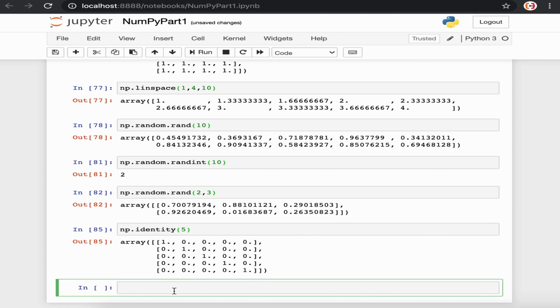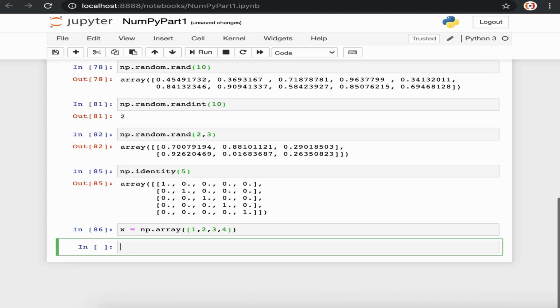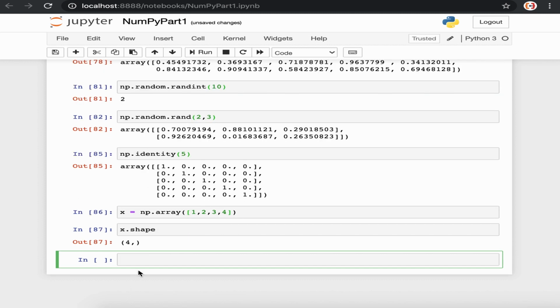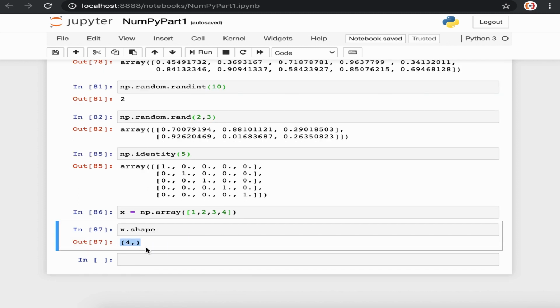Suppose we have this numpy array and I want to get the shape of this array. We can use the keyword shape. So let's create a numpy array x, and here I will use the function np.array. We can pass the list of elements, and if I want to get the shape of this array, we can use the keyword shape and execute this command.